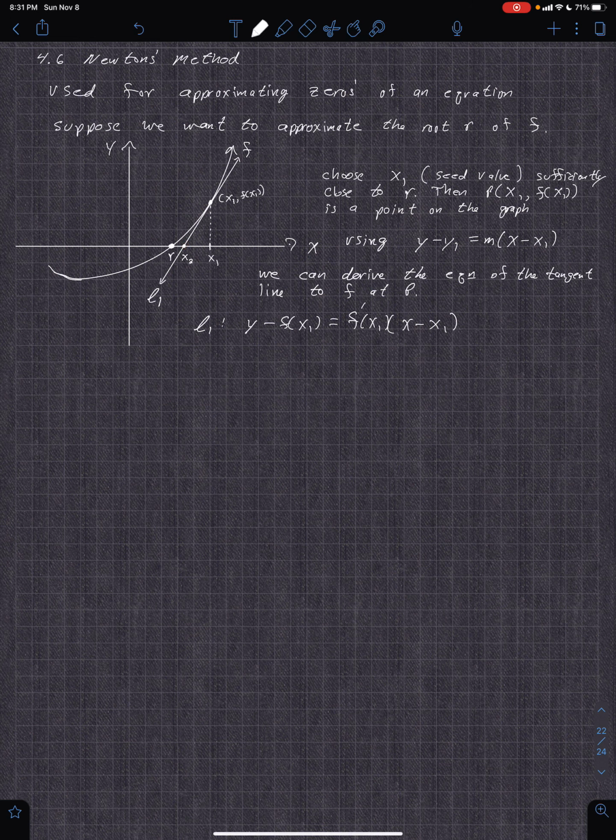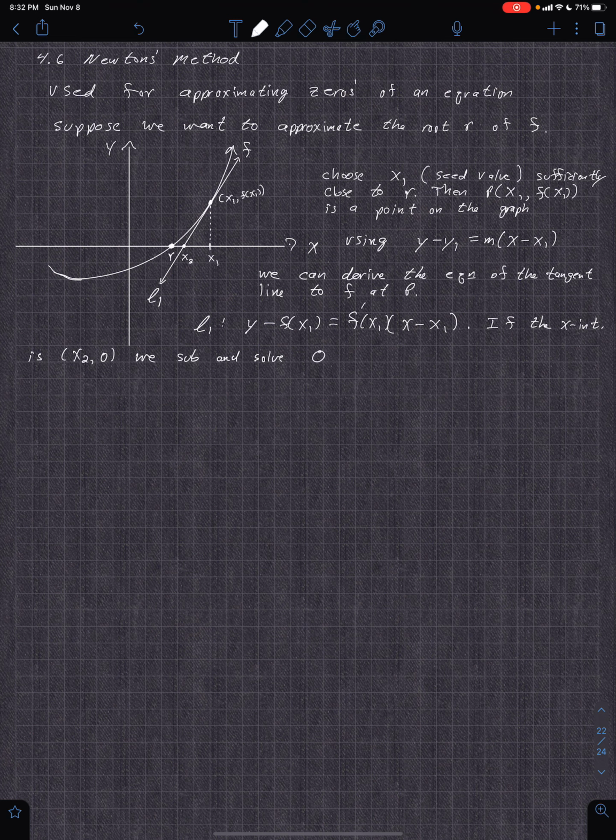Okay, so if the x-intercept is x2, 0, which is the point in question, we substitute and solve,